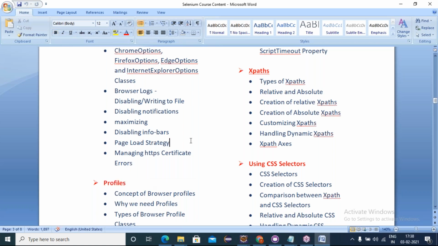Friends, when you're working with web applications, we can notice so many strangers coming during execution. Notification is one stranger for us. It will stop us. When I open an application and some notification comes, until you accept or dismiss it, it won't allow us to access other elements. Some information bars will come, some certification errors will come, and some security alerts will come. These kinds of things make a stop for our automation execution. So if any interruption comes, we need to be in a position to handle that.